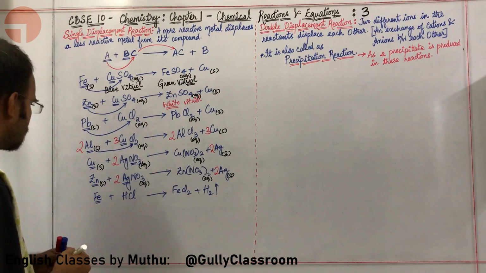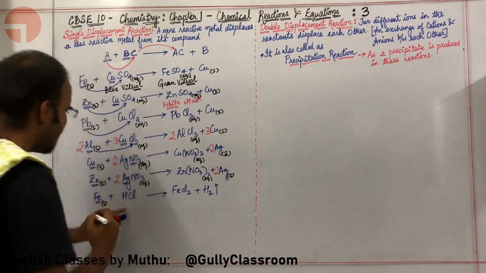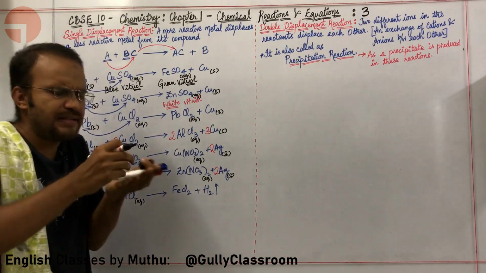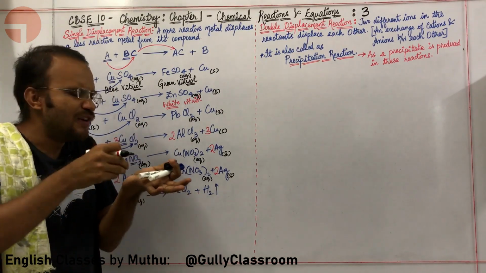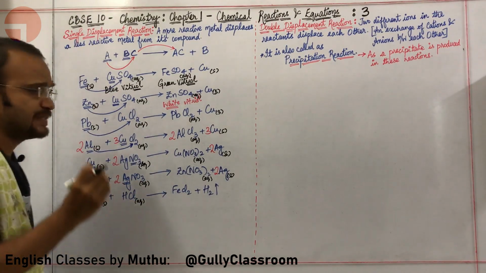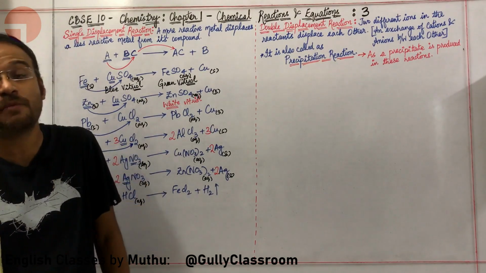Yeah, okay, once more. Sir, what is the physical state? Here this is a solid. Acids also need to be in aqueous form. Hydrochloric acid as a solid will not harm you in any way. Why, sir? Hydrochloric acid needs water to dissociate and form H plus and Cl minus ion.